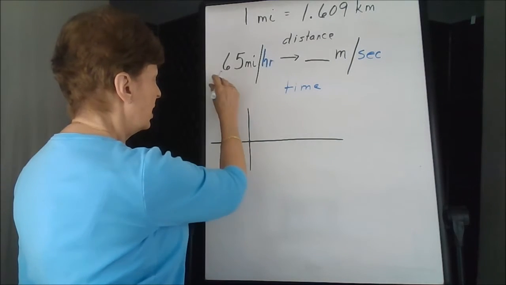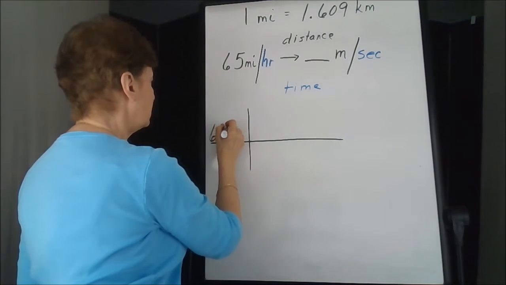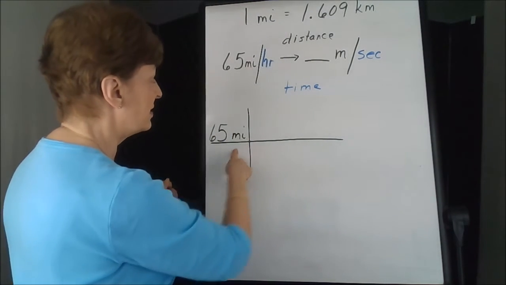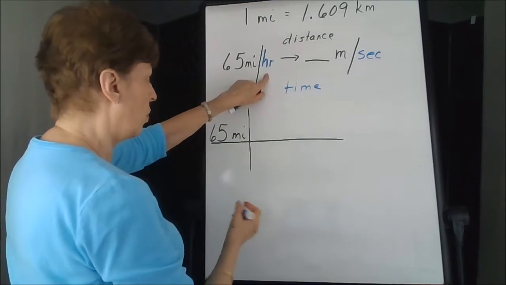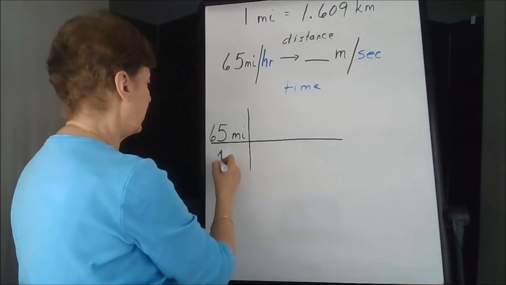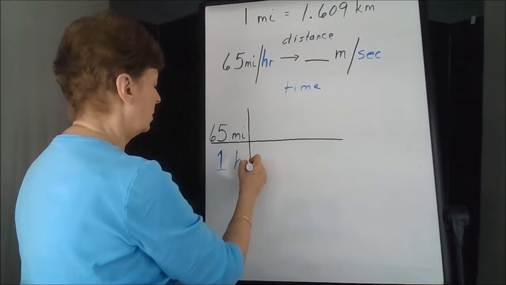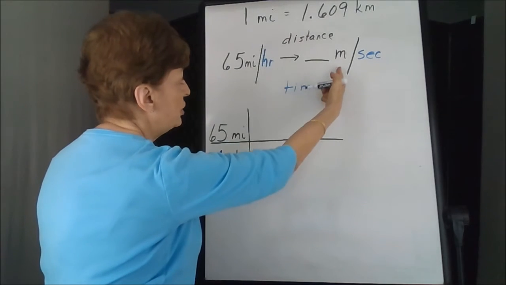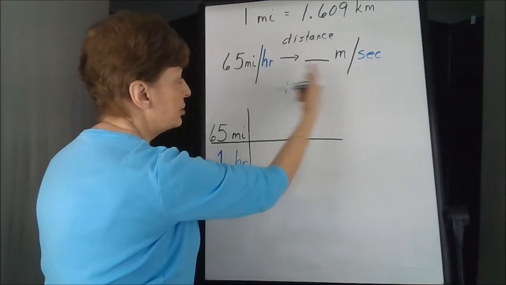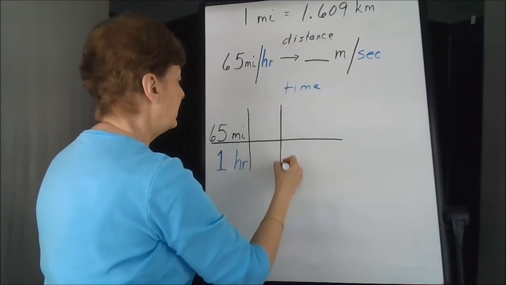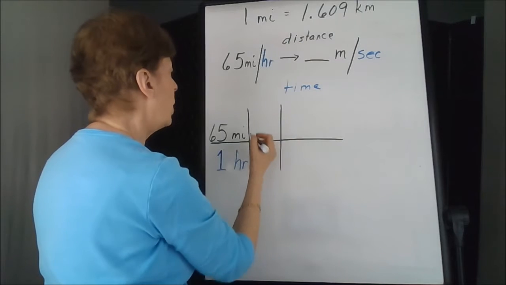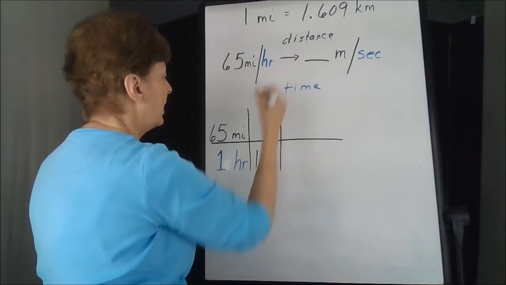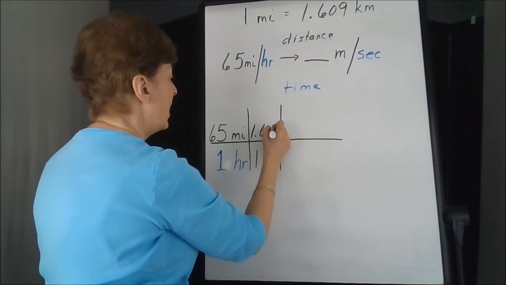That's a division. 65 miles. Notice I'm going to have to use MI for miles because we also have meters over here. For 1 hour. Per means 1. Per 1 hour. Okay. The miles, I need to change to meters, so I'm going from a standard measure to a metric. That's why we need this calculation right here. 1 mile, that would be here on the bottom, is the same as 1.609